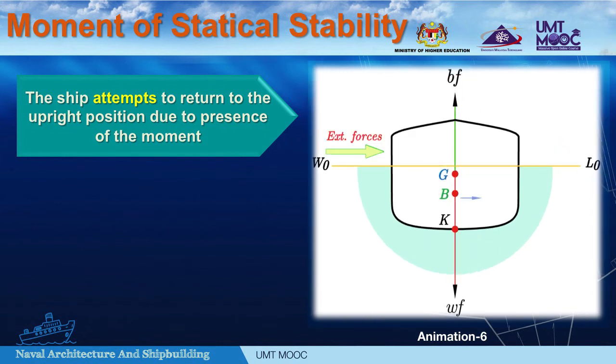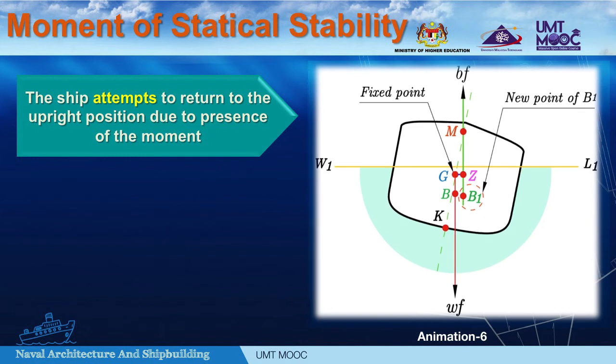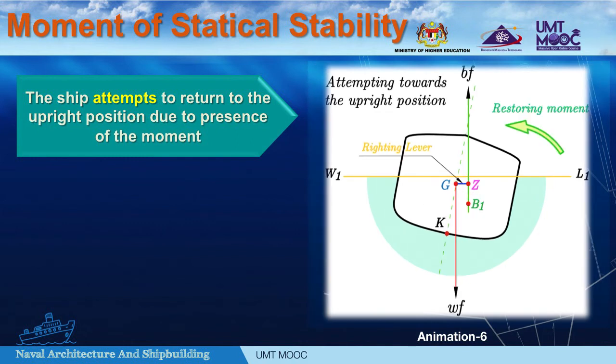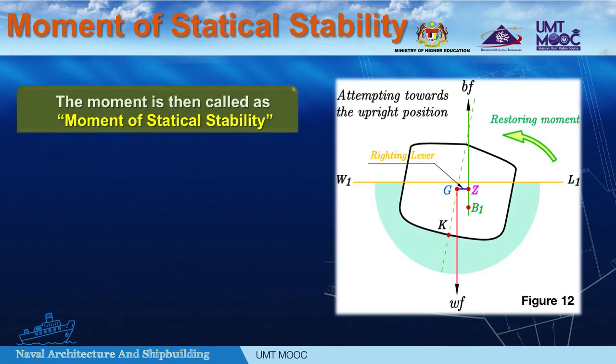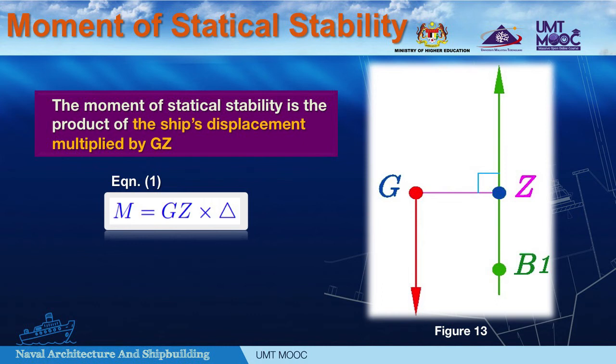Inherently, a moment is then developed as shown in animation 6 here. In this situation, the existing moment of statical stability is actually required to restore the ship to the upright position as displayed in figure 12. As you may know, this moment is called the moment of statical stability. Dear all students,